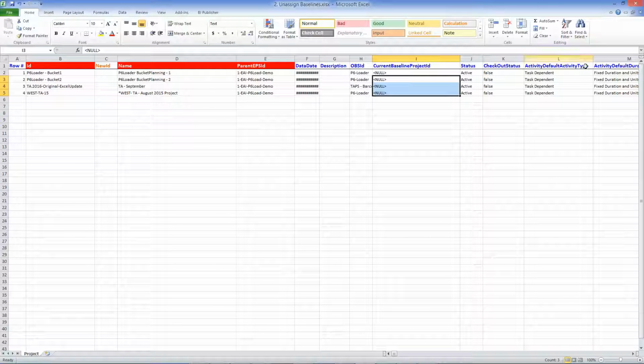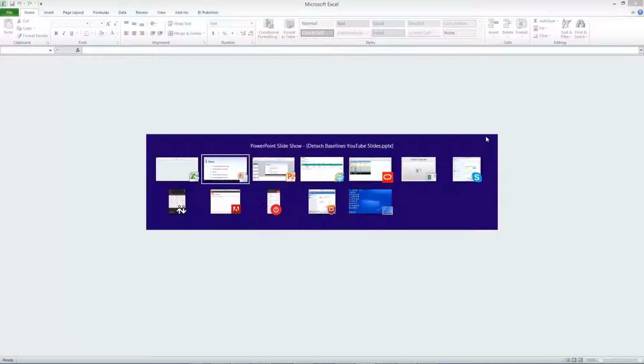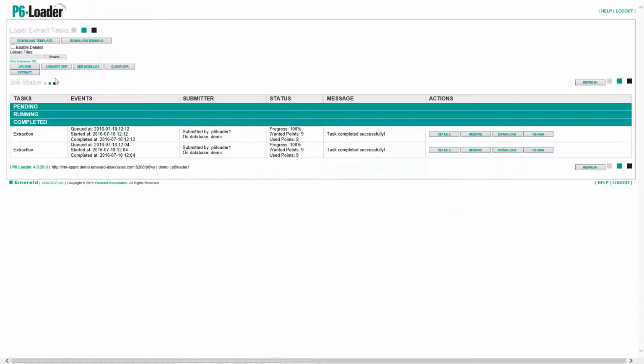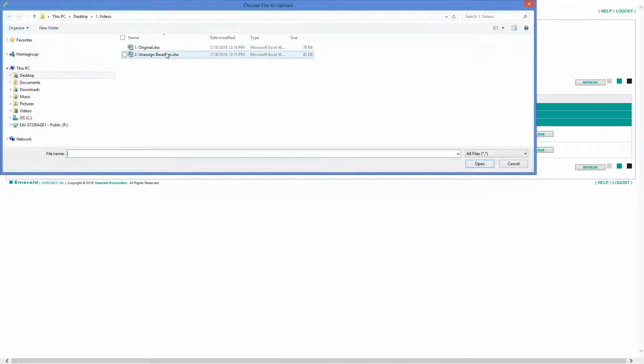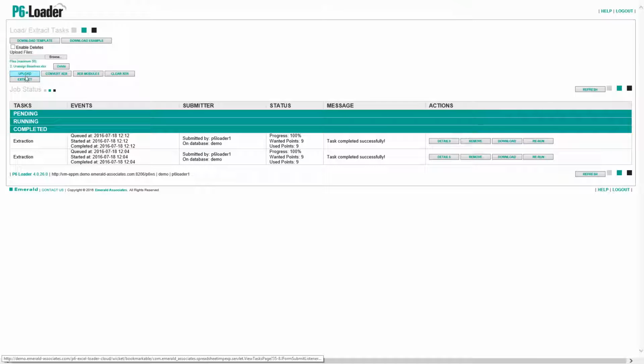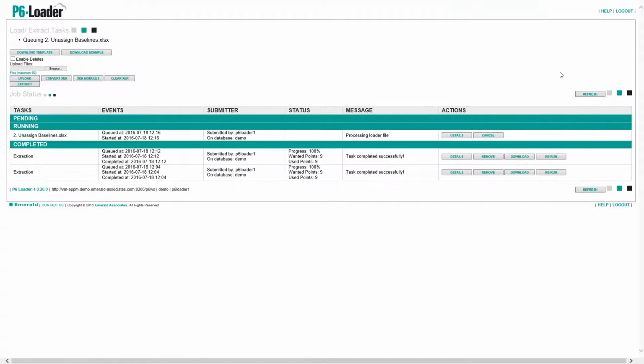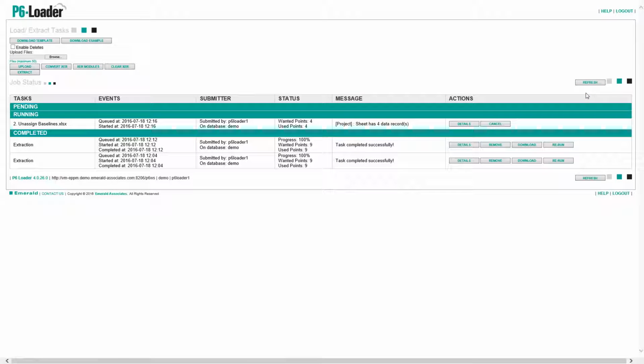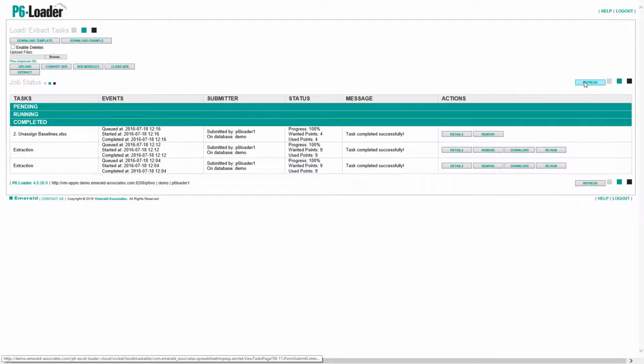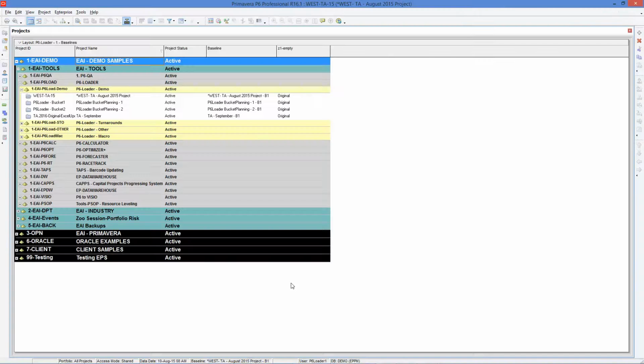Once we've done that, we can go into our P6-Loader and browse to that file, select it, tell it to open, and then we're going to say upload that file. It's going to be a really quick process, and then we can go back to our P6 and refresh our P6. You'll see that the baseline is going to go away here because those are the primary